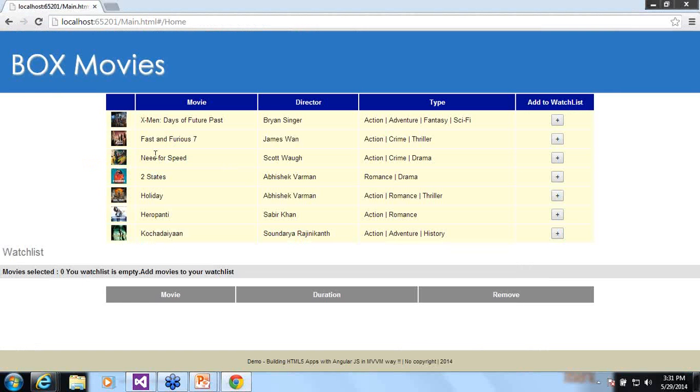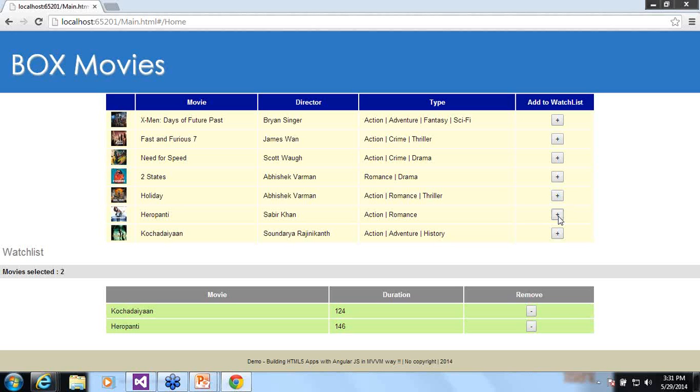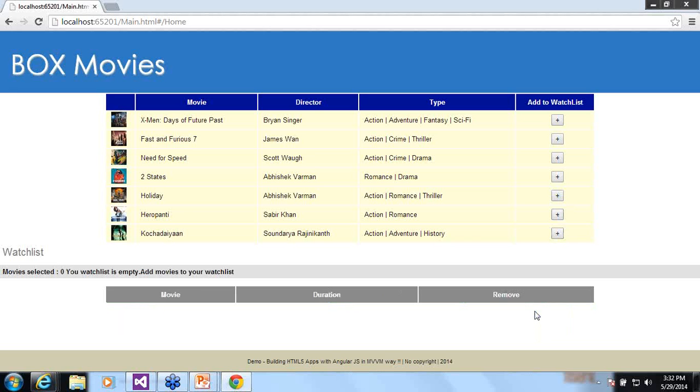So now this is the next page that we would be designing. Here there are two functionalities. I am showing a list of movies along with images, and I am also adding movies to my watch list. At the same time, there is another functionality which shows that if there are no movies in my watch list, it will show a message that your watch list is empty. Add movies to your watch list. So how is this possible? Let us go to the code.